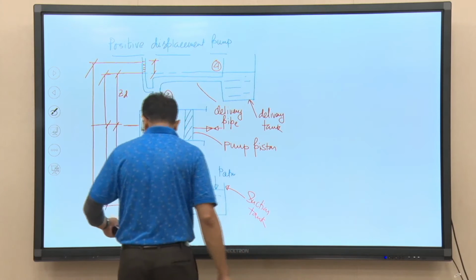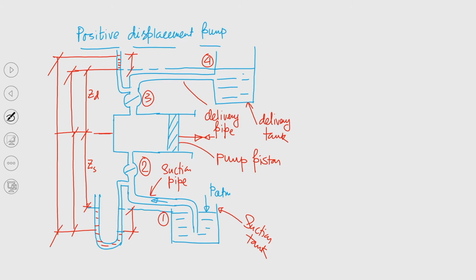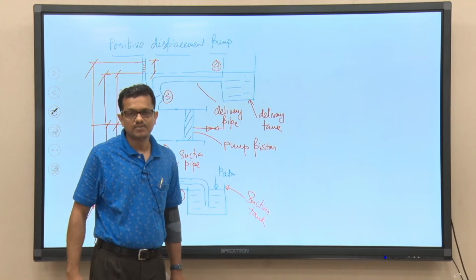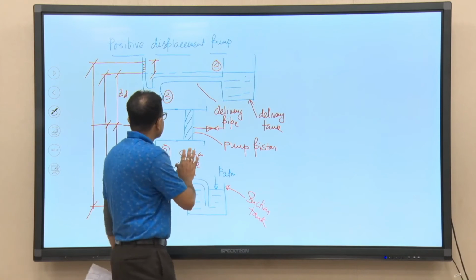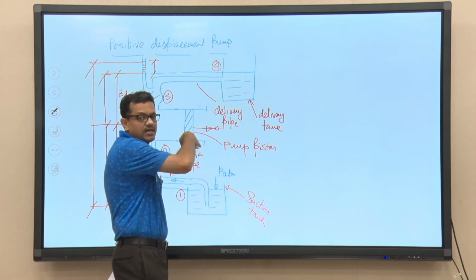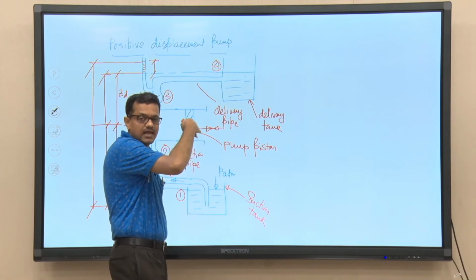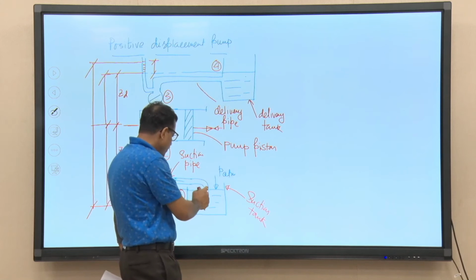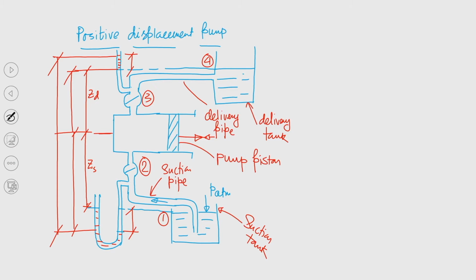Now, question is, for this analysis, if we just try to look at the schematic depiction, we can understand that essentially if we need to pump liquid from point 1 to point 4, then we need to provide energy to the liquid that will be pumped, right. So, if we just do that, it is the complete system, and essentially you can understand that there is addition of energy. So, liquid will start flowing through the pipe, right, and it will go into the cylinder, and from the cylinder again it will go to the delivery pipe.